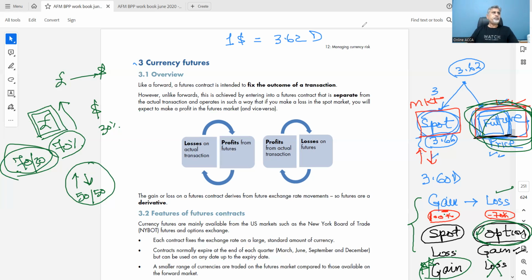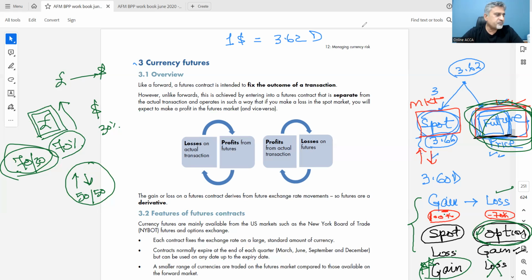Now, very quickly, some specific features or characteristics of 3 things: forward, future, option. What are the advantages or disadvantages in 2 lines? Because they will not ask you in the exam to write a long note on that, because mainly the risk management